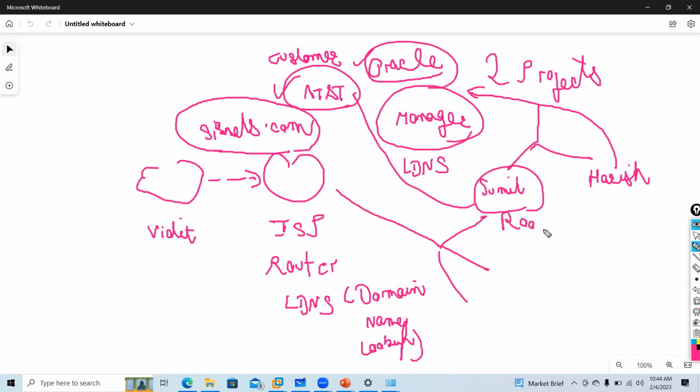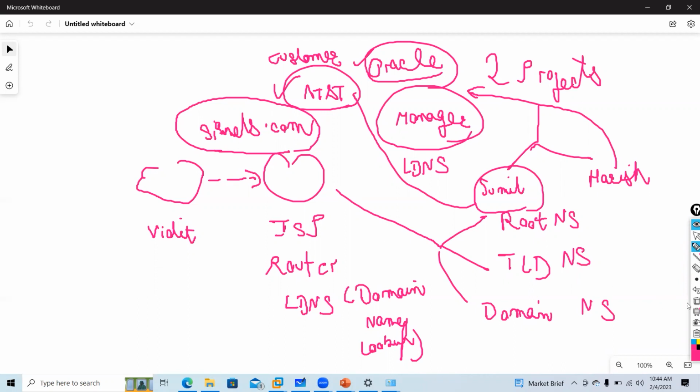First, it will forward the request to the root name server, then TLD, then the domain name server. So that is how your DNS works.